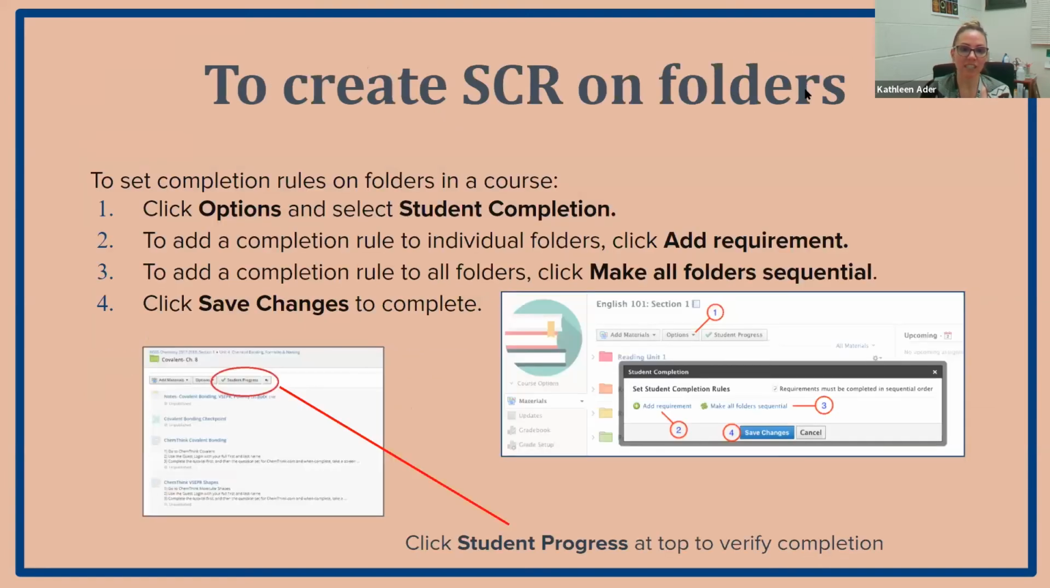So if you want to set these rules up, here's some step-by-step directions that we don't have to necessarily go through in super great detail. But again, you're going to add all of the items that you would like students to do. Once they're all added, you're then going to go to options in that folder, in that course, and select student completion. And then you can choose the order, and if there is a rule that you want them to do,